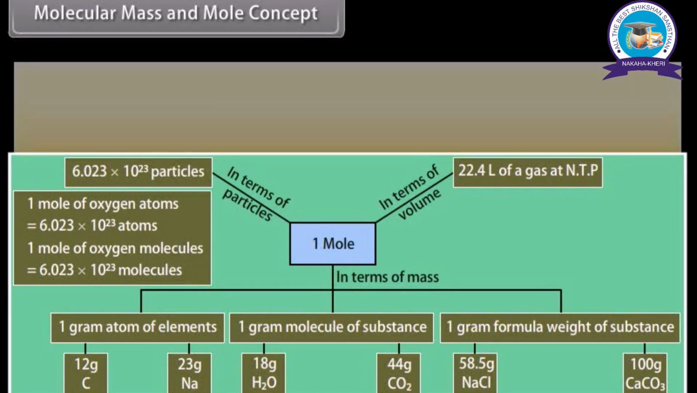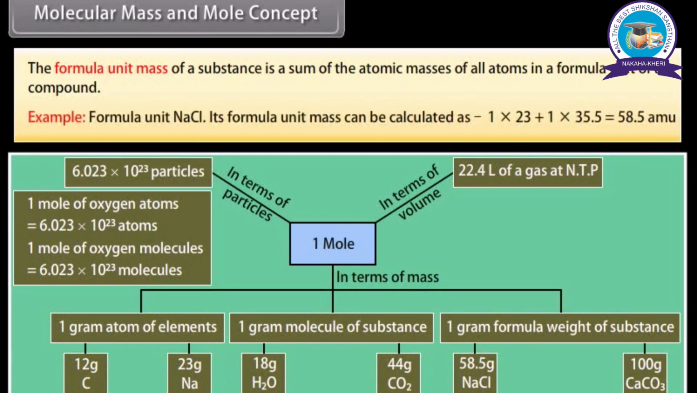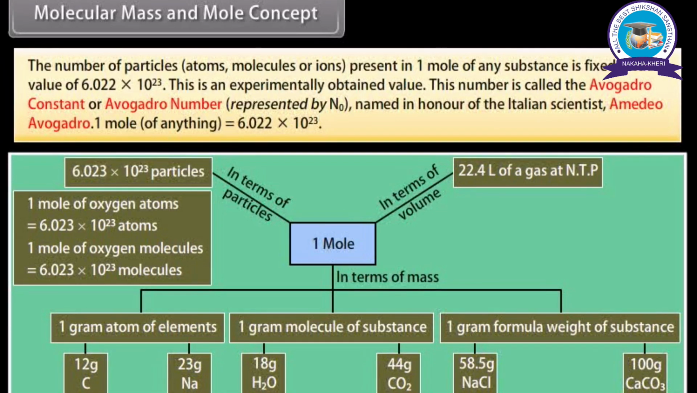units. The formula unit mass of a substance is the sum of the atomic masses of all atoms in a formula unit of a compound. Example: formula unit NaCl. Its formula unit mass can be calculated as 1 into 23 plus 1 into 35.5, which equals 58.5 units. The number of particles, atoms, molecules, or ions present in 1 mole of any substance is fixed with